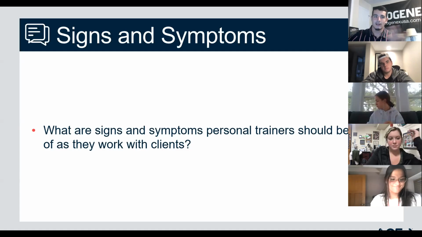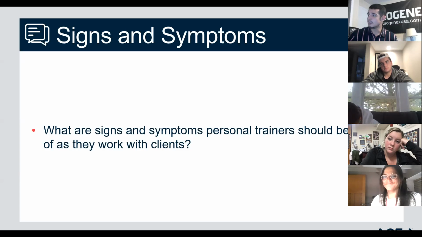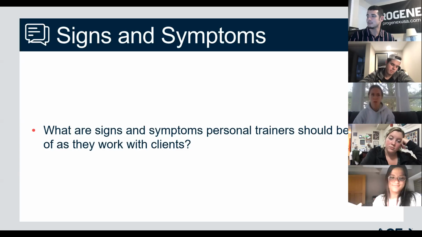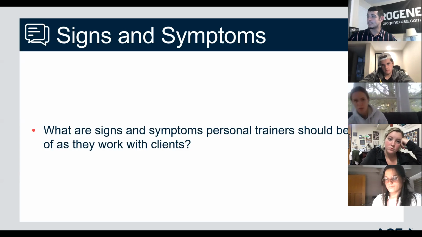Pain, discomfort. Obviously, there's going to be some of that because sometimes working out is not comfortable. But abnormal pain or discomfort, especially in the chest, neck, jaw, arms. So kind of signs of heart attack. Shortness of breath at rest or with very mild exertion. Orthopnea or dyspnea, or sleep apnea after beginning training.